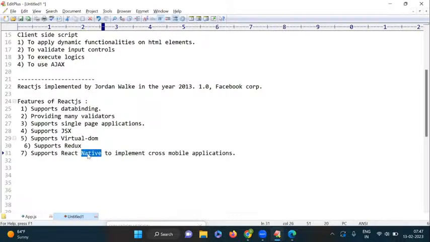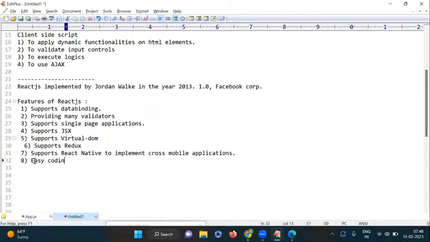If you know the native package, it provides how to display the controls on the mobile phone. Here we are using HTML controls in web applications, right? The same way, to work with mobile applications, we use native controls. If you know native controls, that is enough. Using React code, you can simply implement mobile applications, and those applications support any type of device. That is the main thing. Okay, next one here,